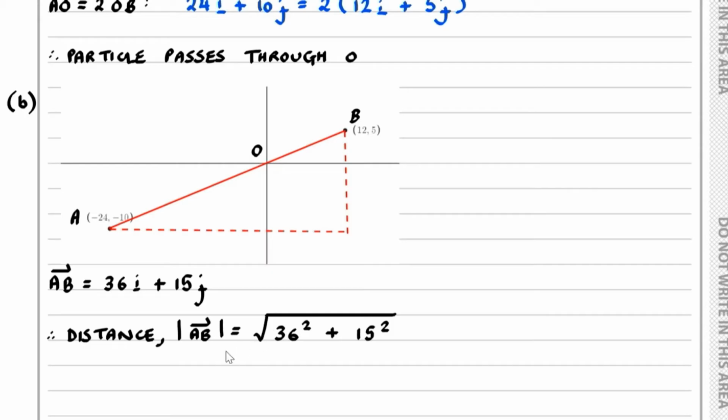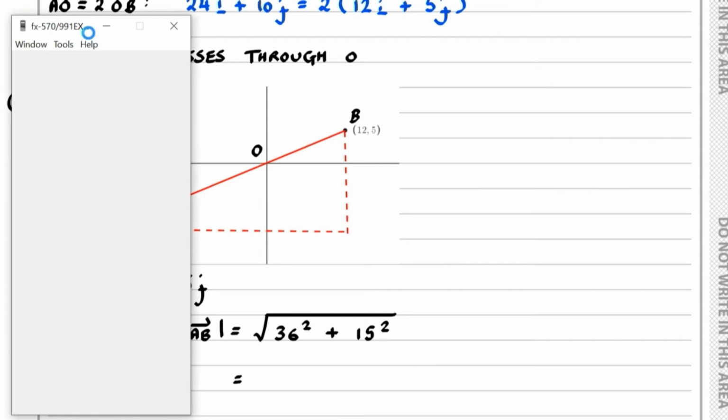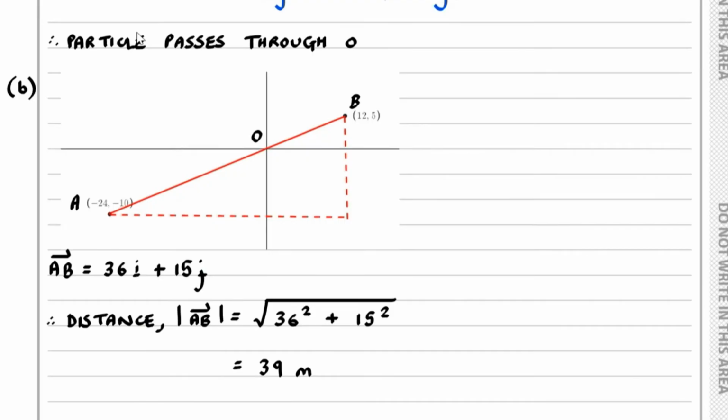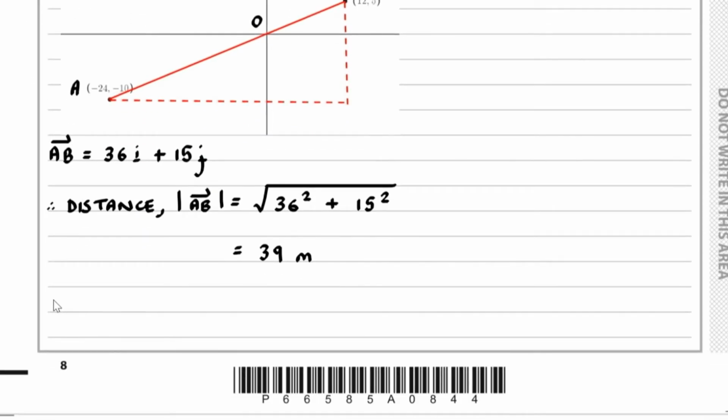So the distance, we've got 36 squared plus 15 squared square rooted, which is 39. So we've got 39 meters for the distance,